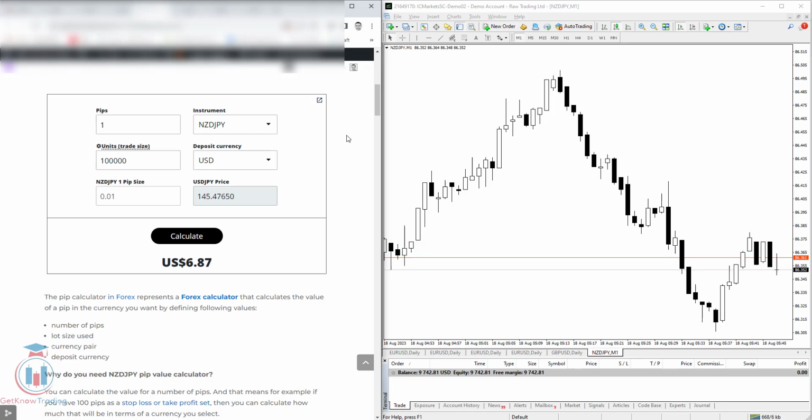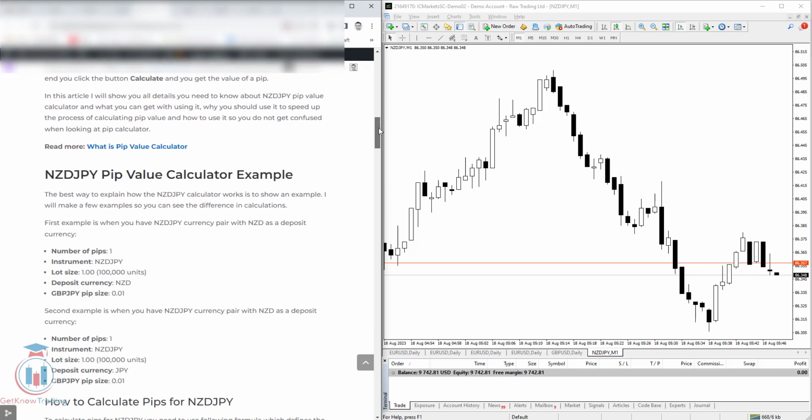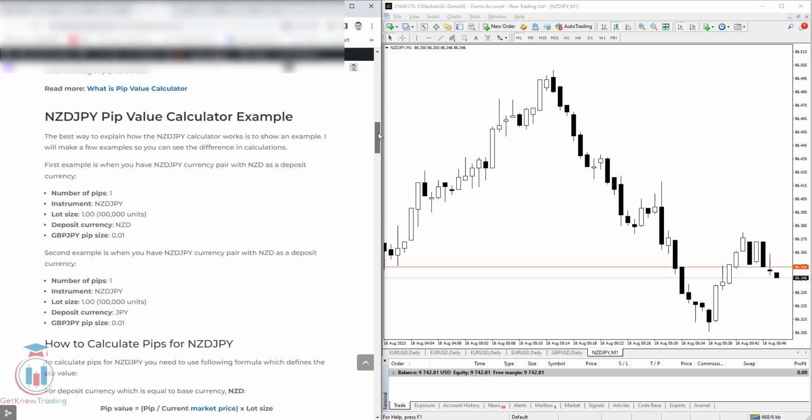In this video lesson, I will show you what a Pip value calculator is for the New Zealand dollar against the Japanese yen. You will see a link below in the description on how to use this Pip value calculator, and also you will find an article that explains all the details of how the Pip value calculator works, and also what